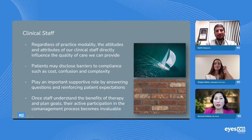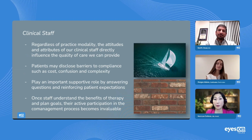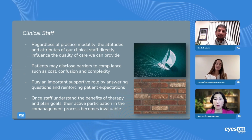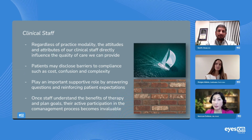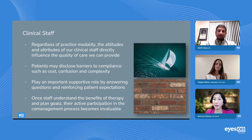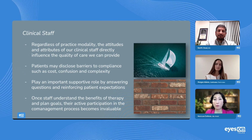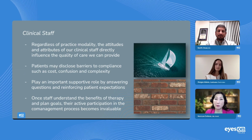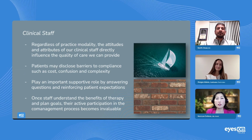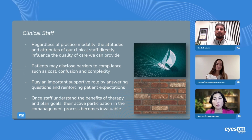When I was a military officer, I was taught, take care of your people and they will take care of you. And that is so incredibly true. All of our staff members, regardless of what modality we practice in, whether you're in refractive, tertiary care, or an academic center, all of the staff members that help, from the first person that opens the door to the coder that's in the background doing my billing and coding, they are so important to what defines the quality or the nature of the practice,